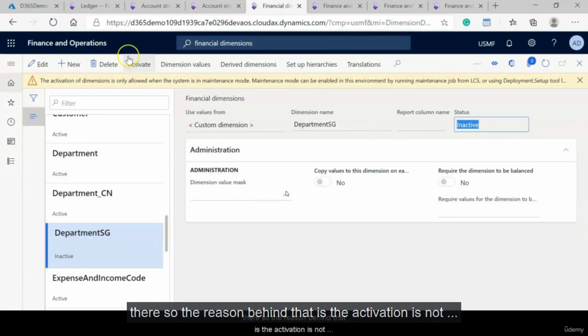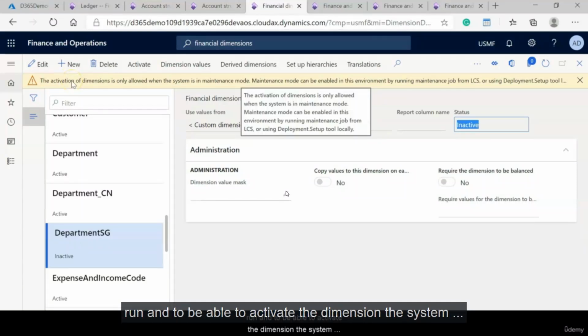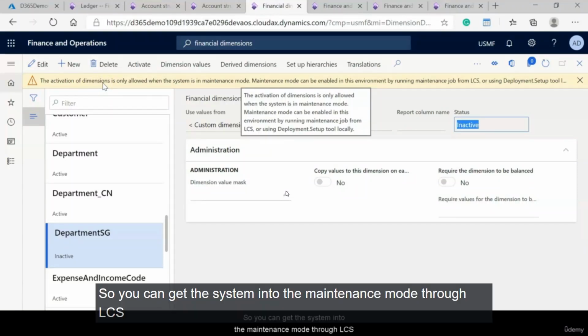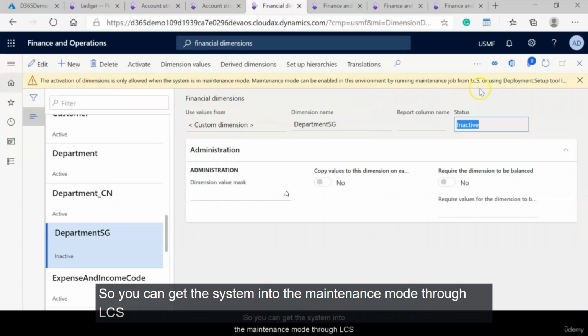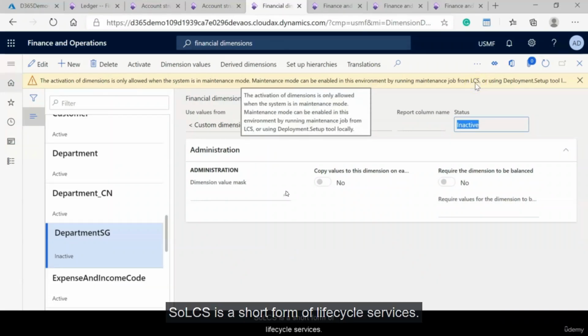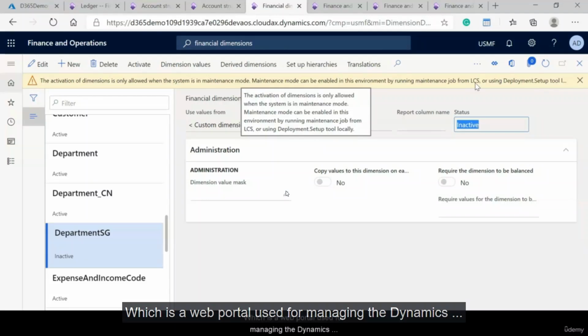So the reason behind that is the activation is not run. And to be able to activate the dimension, the system must be brought into the maintenance mode. You can get the system into the maintenance mode through LCS. LCS is a short form of Lifecycle Services, which is a web portal used for managing the Dynamics 365